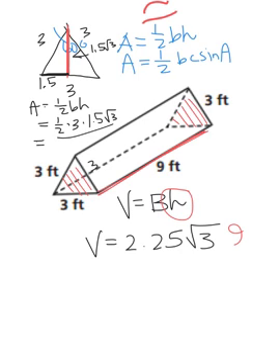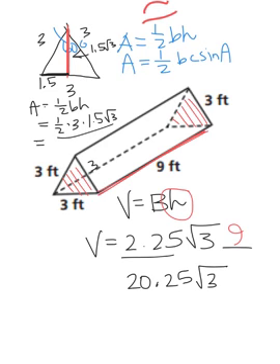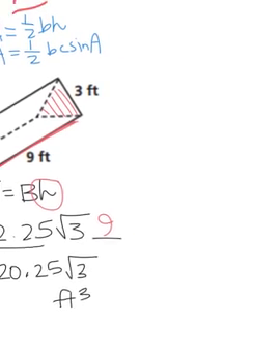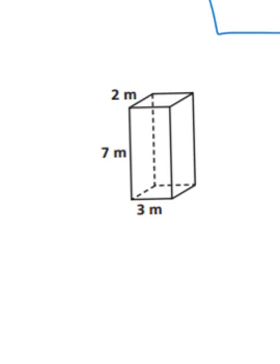And then you can simplify that. So it is 20.25 root 3, and then it's feet cubed. And then over here you have